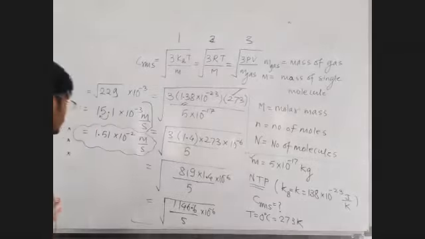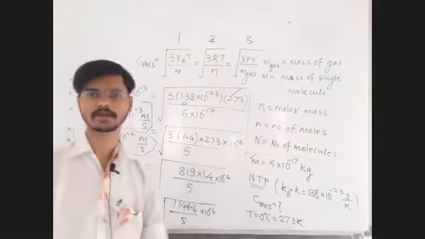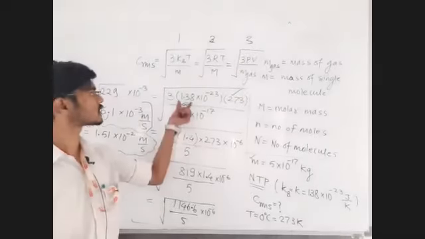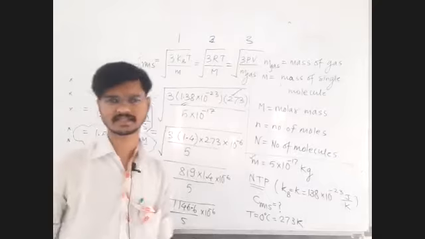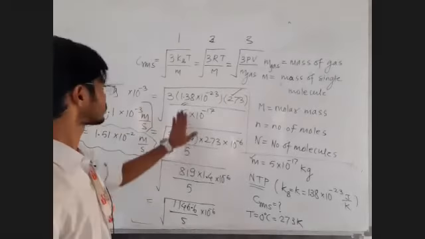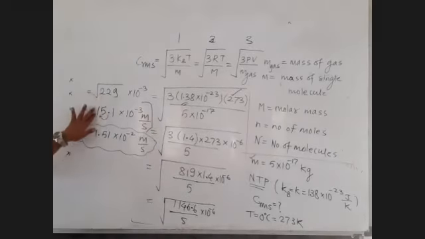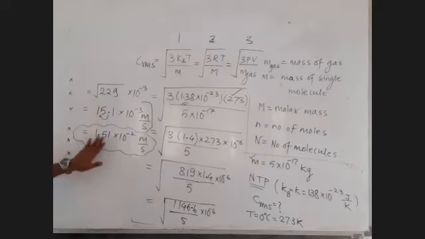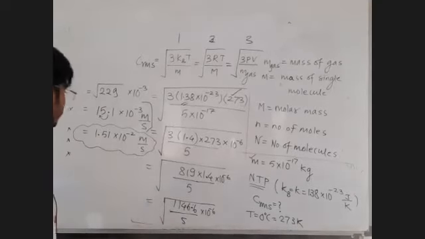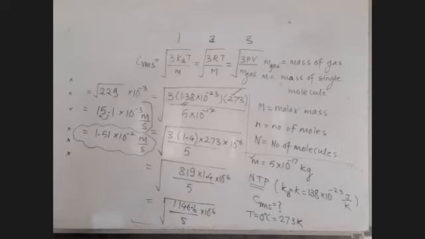So our answer is 1.51 into 10 raised to minus 2. Now we have taken this number slightly more, so the answer will be slightly less. But here again we have made one approximation. So we are just unsure whether to make this 1.50 or keep it as 1.51. We just don't know. Fine. All right. Now let us move on to the next question.